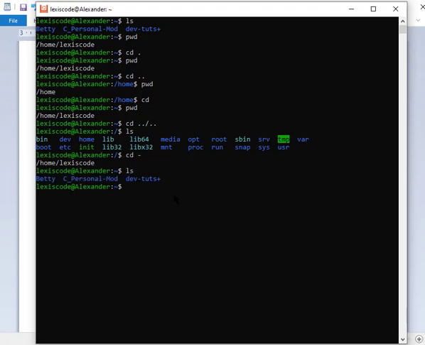Let me use another directory entirely. So let me use this dev.plus. So now I'm inside my dev.plus. Now if I want to go to the previous working directory, remember my previous working directory was this home directory before I entered dev.plus. That means I can say cd dash, or since